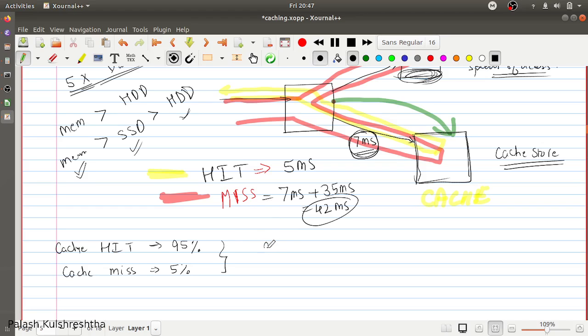So it is going to be 95 into 5 plus 5 into 42 upon 100.